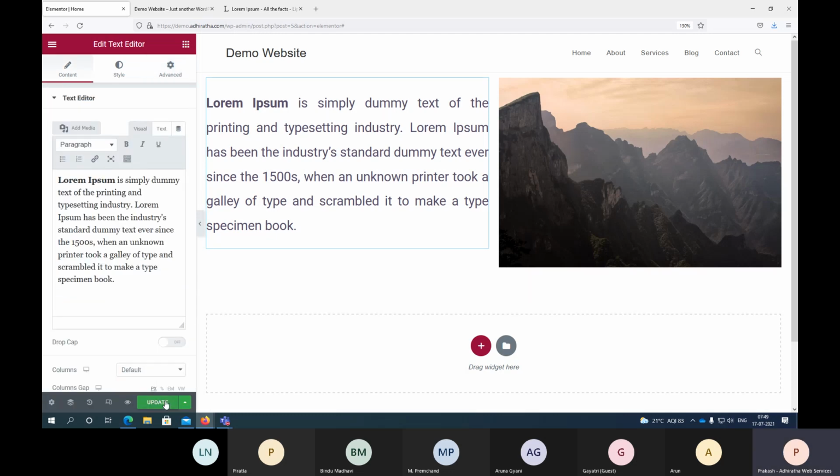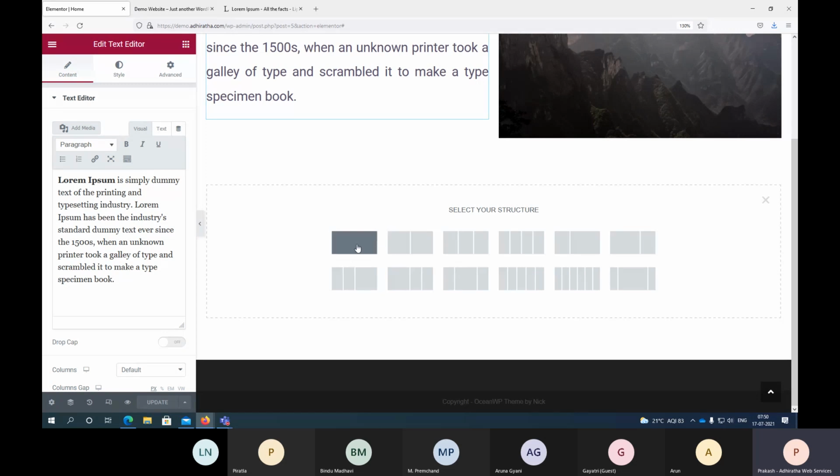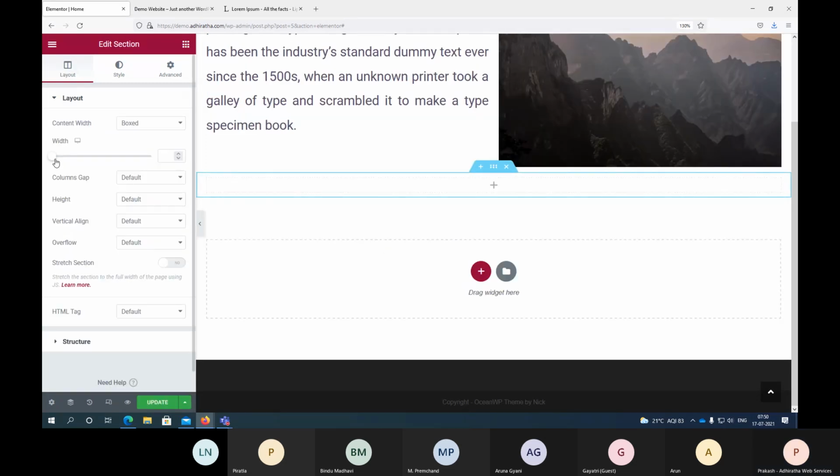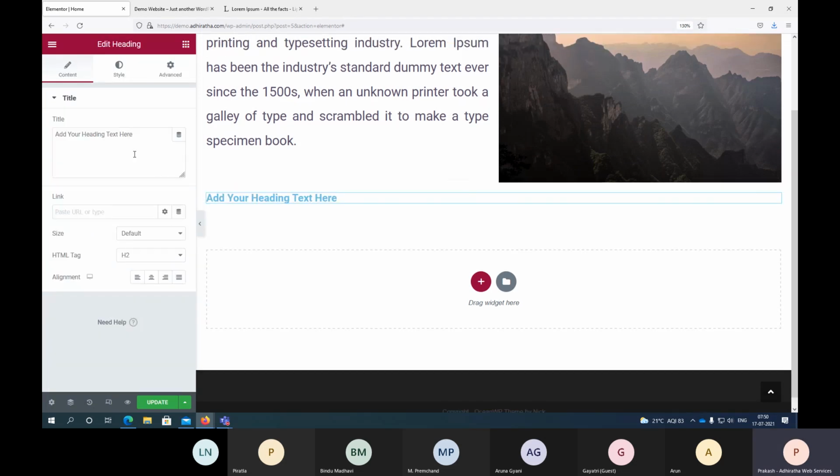So this is done. One section is done, updating it. Again, going to the new section. Again, this time you can pick how you want. So maybe I selected this. Now maybe a heading. I want to bring some kind of a header here.